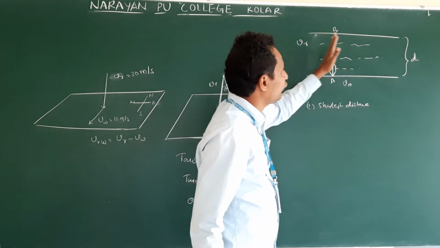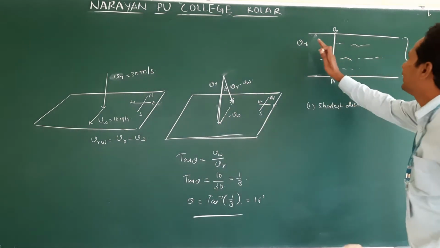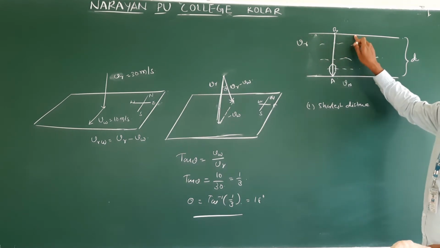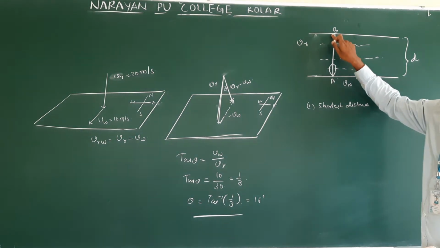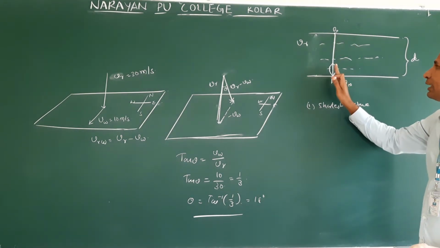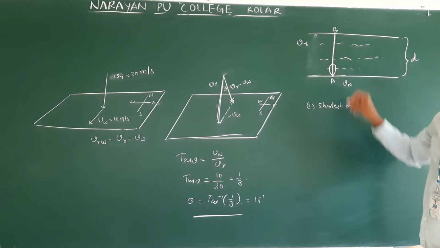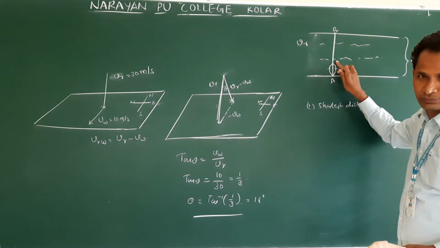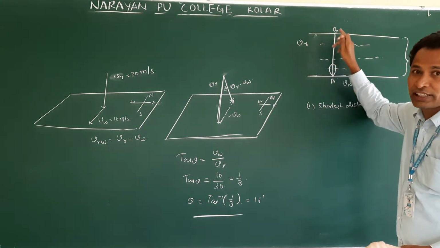The reason is the river flow. It drifts the boat, taking it to this point. It reaches the opposite bank but not exactly the opposite point. When the boat starts exactly perpendicular to the bank, this is the bank, this is the perpendicular direction. Understand? So this is not correct. If we start exactly straight, it reaches the opposite bank but not the opposite point.